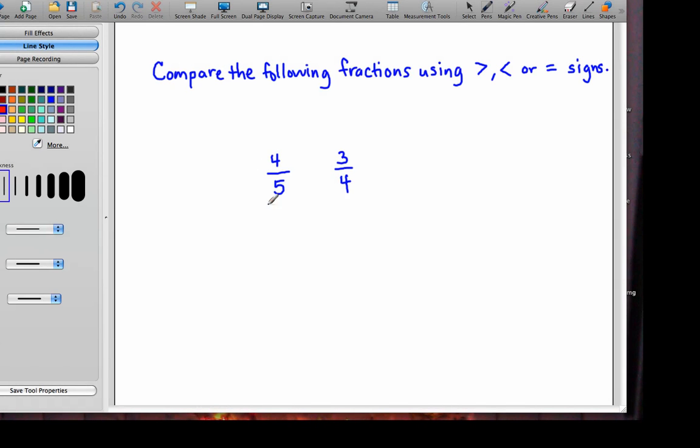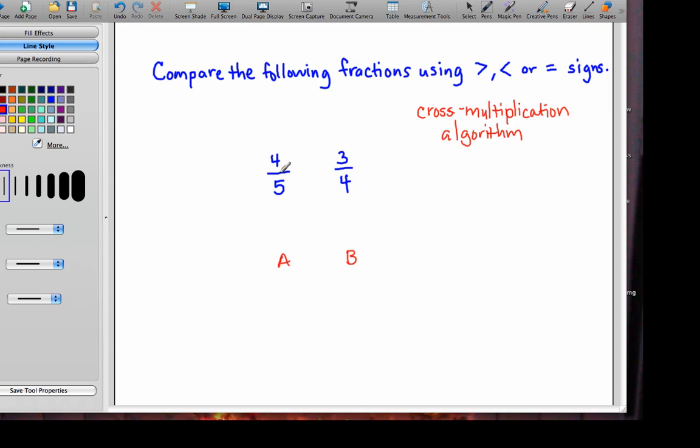When you're ever comparing fractions, there's always one tool that you can use, one means that you can always use to compare fractions, and that's what we call the cross multiplication algorithm. And the cross multiplication algorithm simply says that you will, let me label this as fraction A and fraction